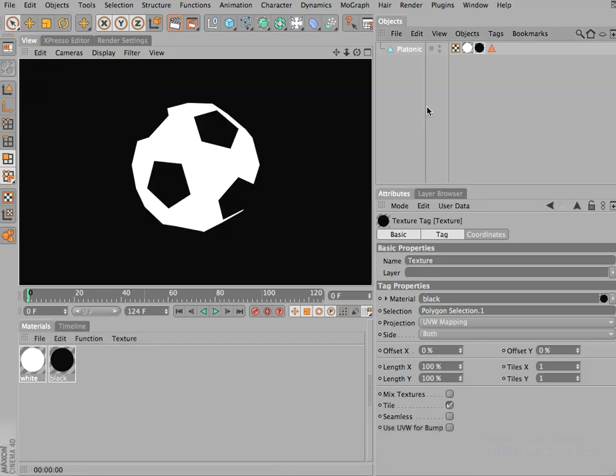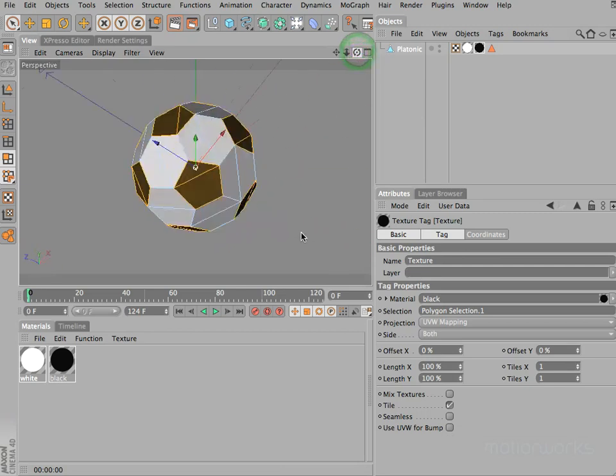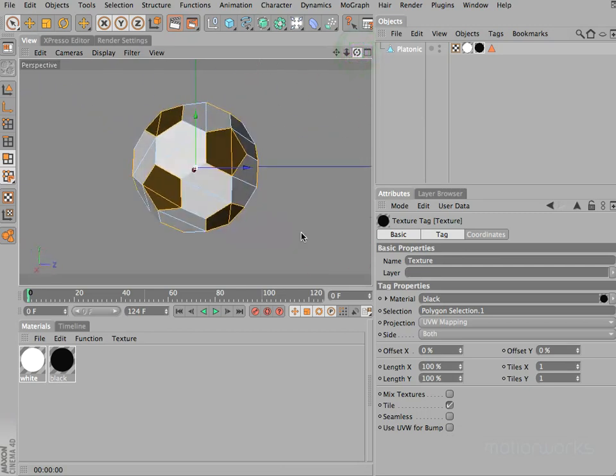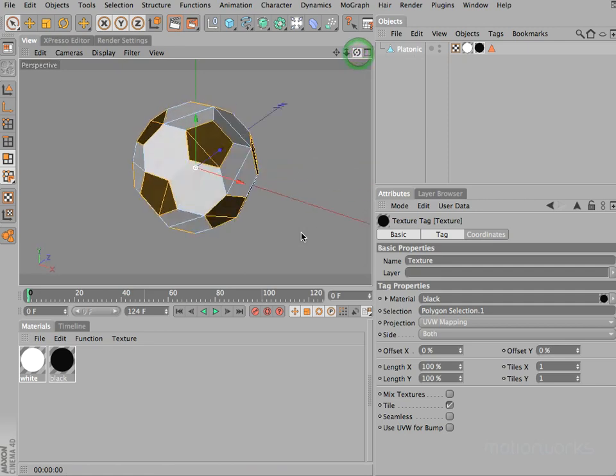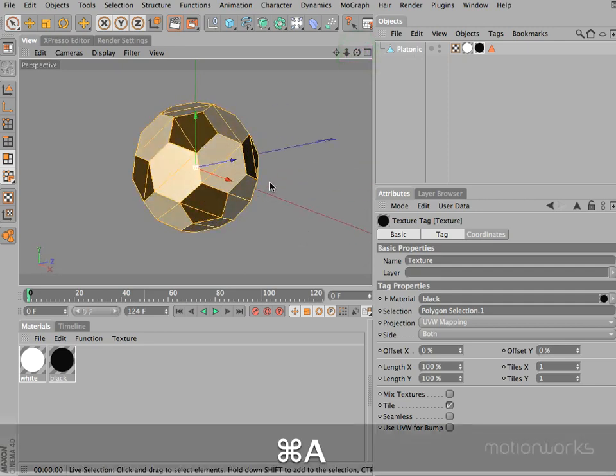If we hit render now, you can see that that's worked fine. Okay, at the moment it's not looking too much like a football. I think from a graphical point of view it would look good if we could see the lines between the black areas joining up. So to do that, we could choose Command A to select